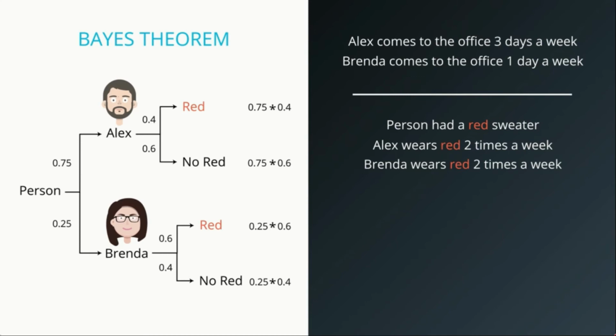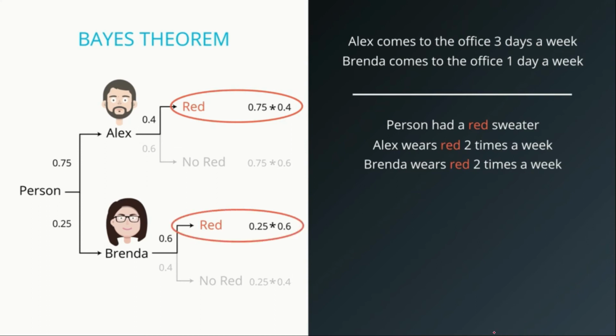Are you ready? We have 4 possible scenarios, and you can check that these 4 probabilities add to 1. But we know one thing, that the person we saw was wearing red. Therefore, out of these 4 scenarios, only 2 are plausible. The 2 when the person is wearing red. So we forget about the other 2. Now, since our new universe consists of only these 2 scenarios, the probabilities should be higher, but the ratio should still be the same with respect to each other. This means we need to normalize them, or equivalently, divide them by something so that they now add to 1. The thing we should divide them by is the sum of the 2.